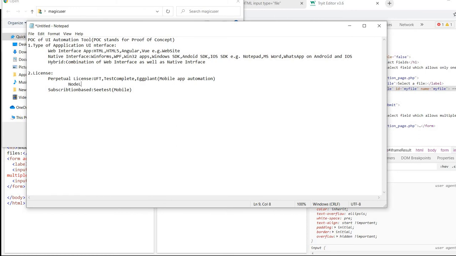Node locked license and floating license. Node locked license. What is node lock? When you buy a node locked license, say I have installed it on my machine, you have to install that license on a particular machine. So you get the license key created based on the hardware of your machine. You cannot just use it on any other machine.